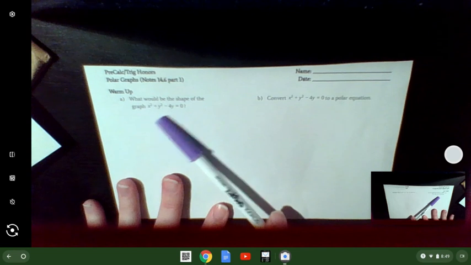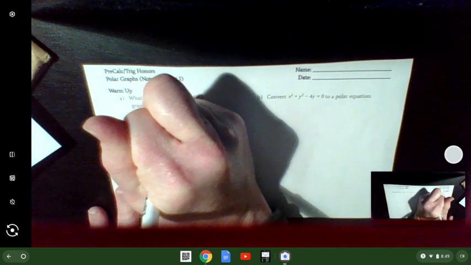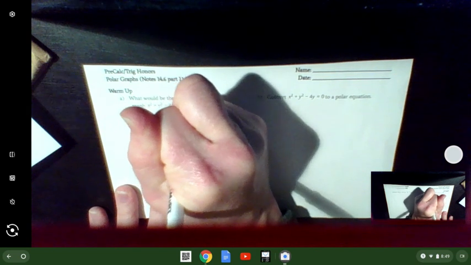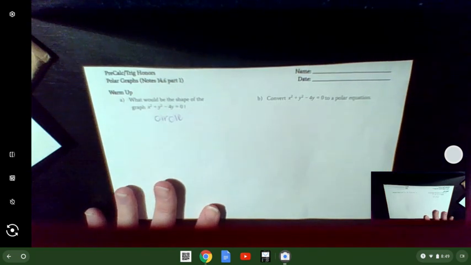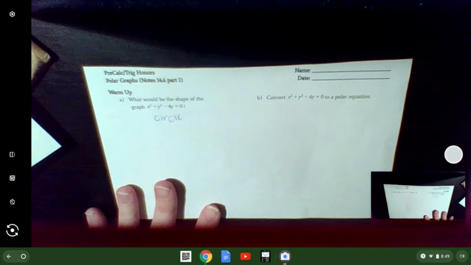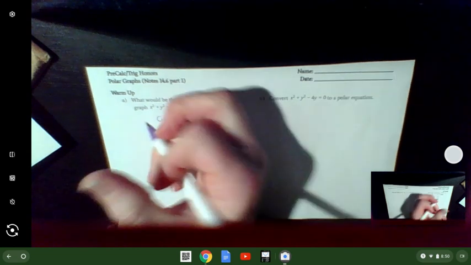So take a look at this rectangular equation. Many of you would recognize that this is the equation of a circle. Now, if I wanted to graph this circle in my calculator, if I didn't know that app that I showed you once in class existed, I would have to get y by itself. Well, getting y by itself for a circle is really, really difficult. First, I have to write this equation in the form where I can recognize the center and the radius of the circle. To do that, I would have to go through the process of completing the square, which I'm going